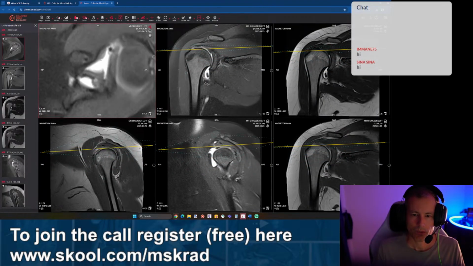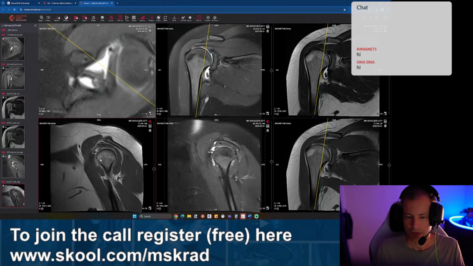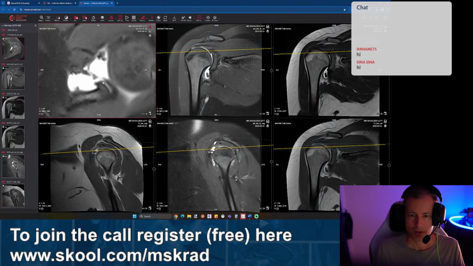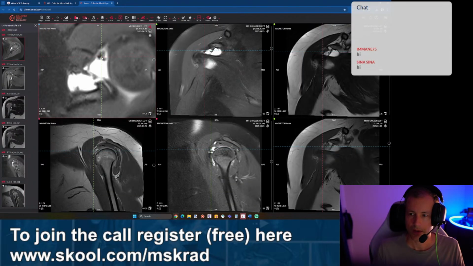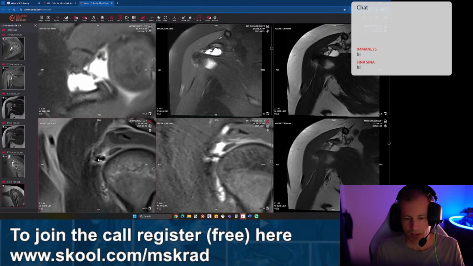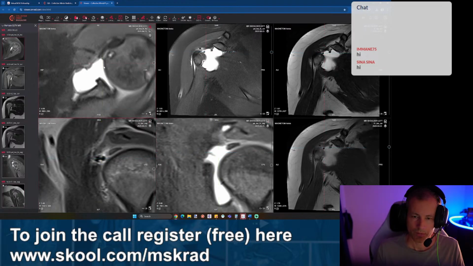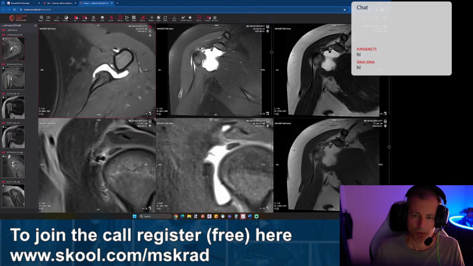So one arrow was this one here. And the other one was pointing here to this structure. By the looks of it, this was an arthrogram. And so this thing here, that could be bubbles, air bubbles or gas bubbles. On the T1, we can see they injected a little bit of air. This can happen sometimes. I think the registration is not perfect with the 3D cursor, but when we come down